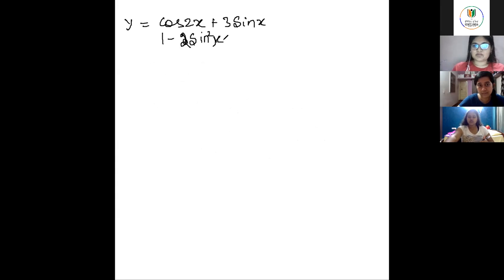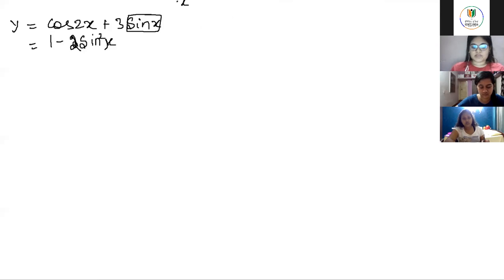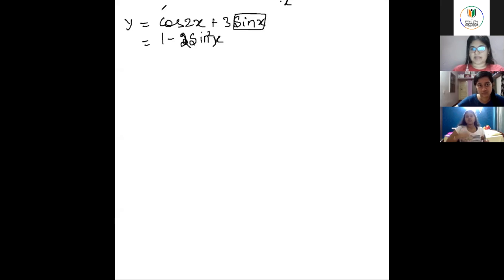Nobody has learned the trigonometric ratios formulas. No. Cos 2 theta is also equal to 2 cos square theta minus 1, but since we are trying to convert everything into sine, we are making this into sine. Now you will ask why we are not converting into cos, because if you convert this into cos, then it will become more of a complicated thing. It will go to x by 2 format. So it's easier to keep it as a whole in x, so convert it into sine. Okay, now plus 3 sin x.